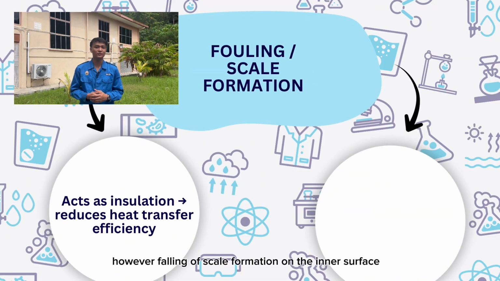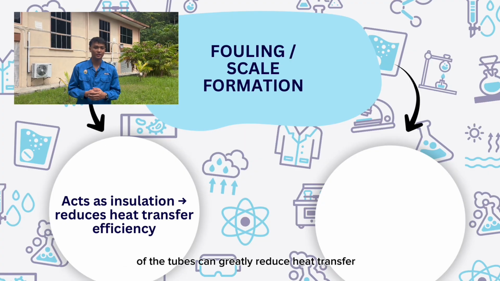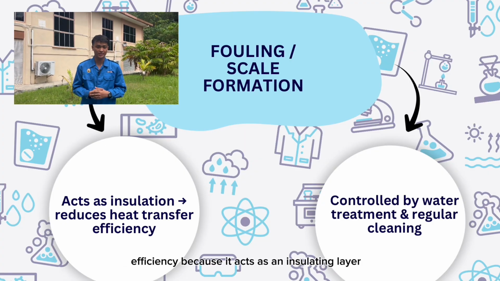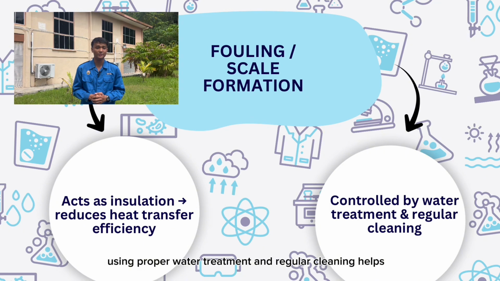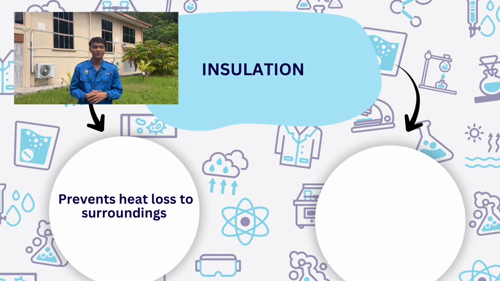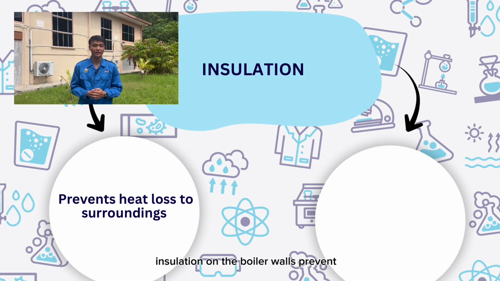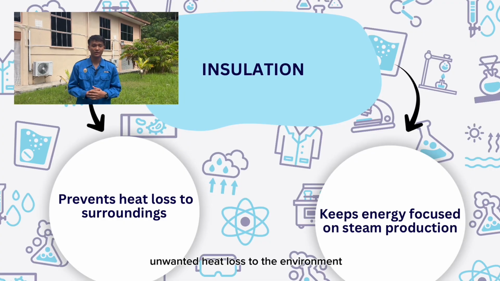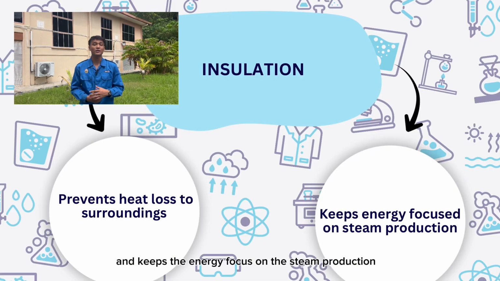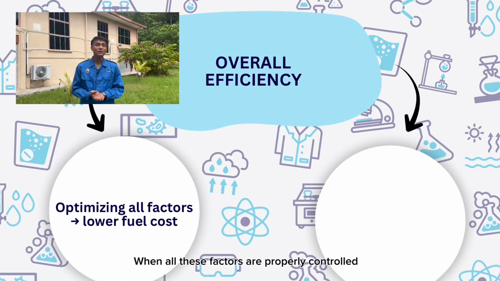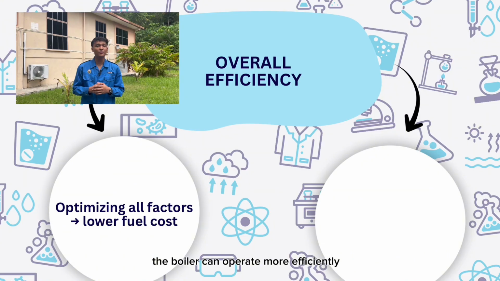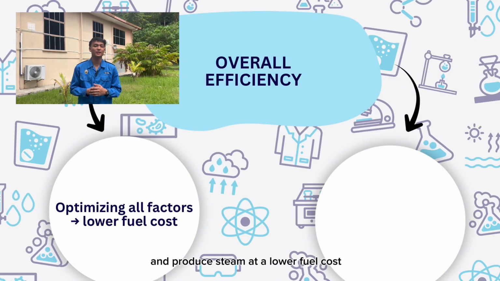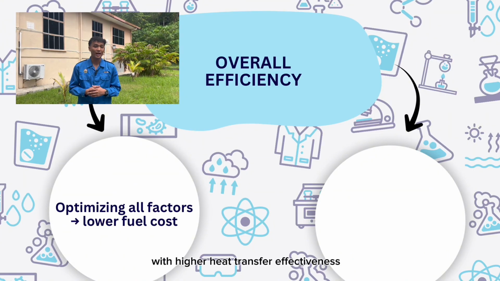However, fouling or scale formation on the inner surface of the tubes can greatly reduce heat transfer efficiency because it acts as an insulating layer which blocks heat flow into the water. Using proper water treatment and regular cleaning helps reduce fouling issues. Insulation on the boiler walls prevents unwanted heat loss to the environment and keeps the energy focused on the steam production. When all these factors are properly controlled and optimized, the boiler can operate more efficiently and produce steam at a lower fuel cost with higher heat transfer